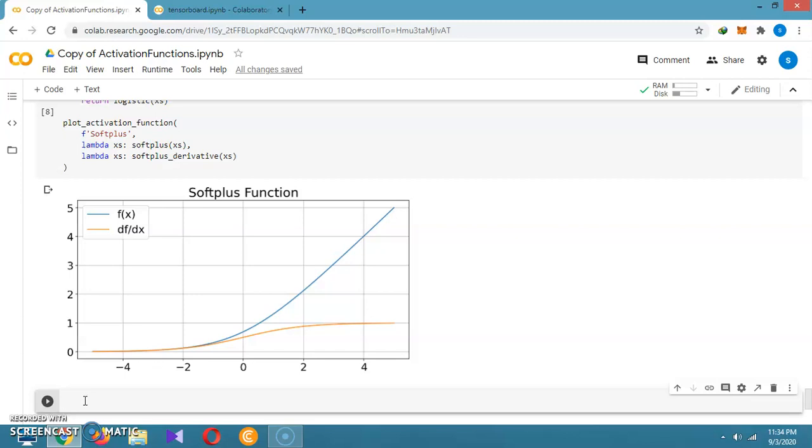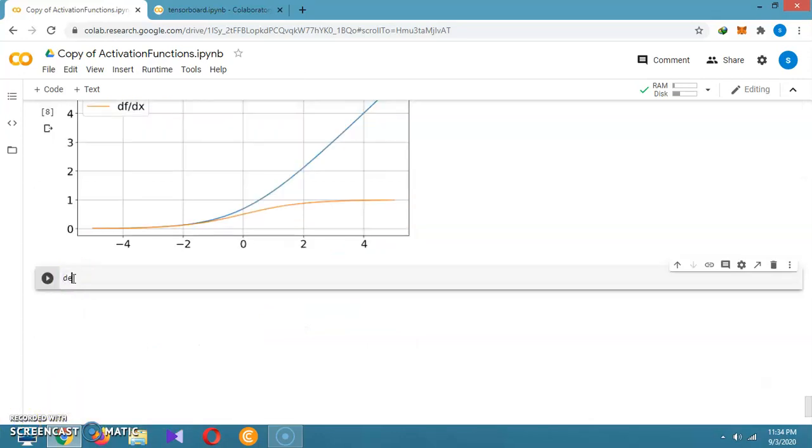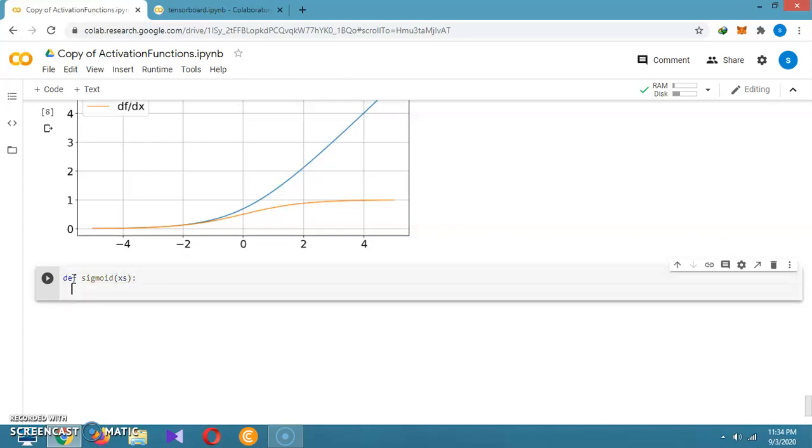So right now we are going for the sigmoidal function, and it is the basic one for every function. If I am defining it with the help of the def keyword, if we are defining the sigmoid function, we need to pass a single parameter, colon.